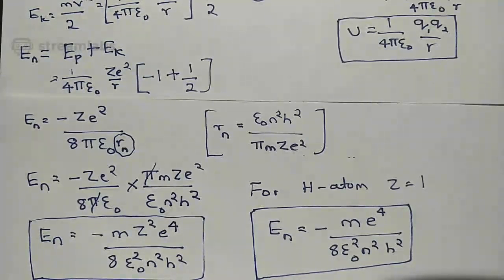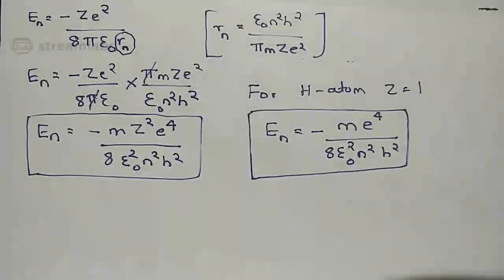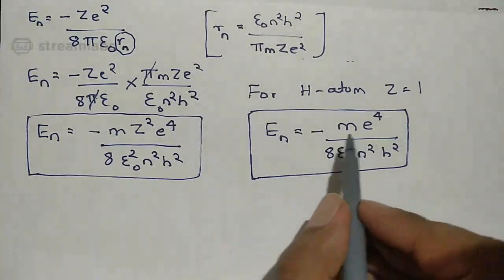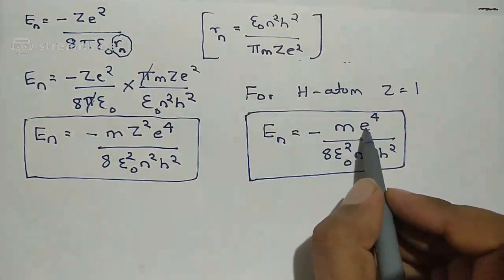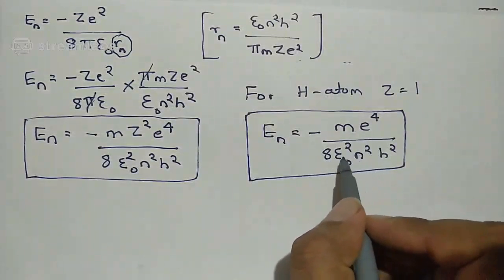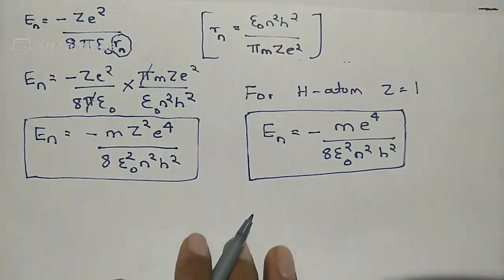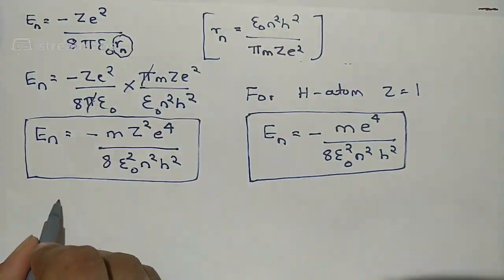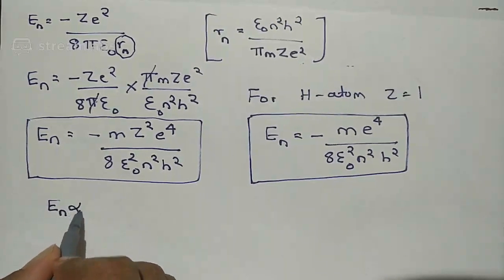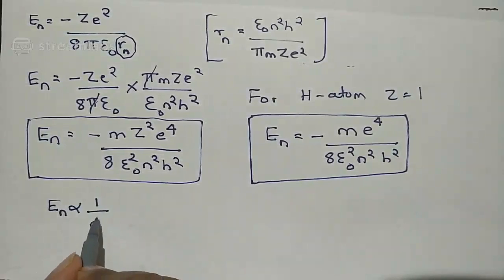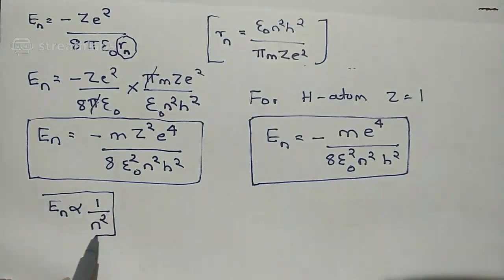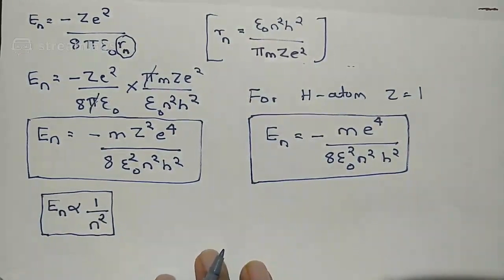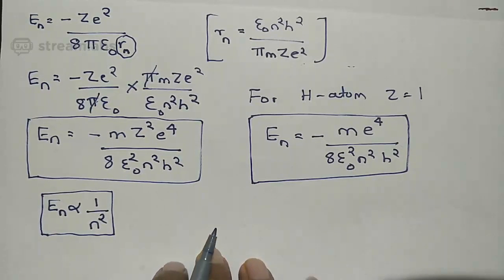So this is the expression for energy. If you look at it, even in this case m is constant, e is constant, 8 epsilon naught is constant, h is constant. So what you can write is that the energy of the electron in the nth orbit is inversely proportional to the square of the principal quantum number. So what does it indicate? As n increases,